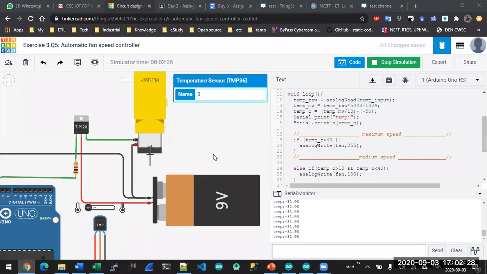Based on that, your assessment will be taken. So you can do this project group-wise, and we will have a presentation accordingly.